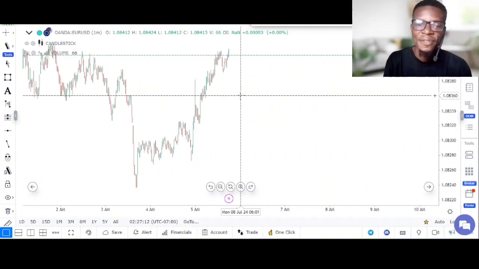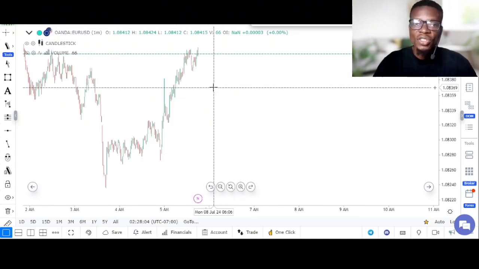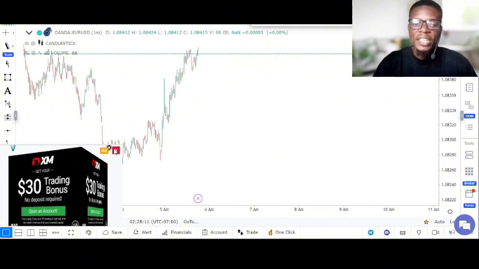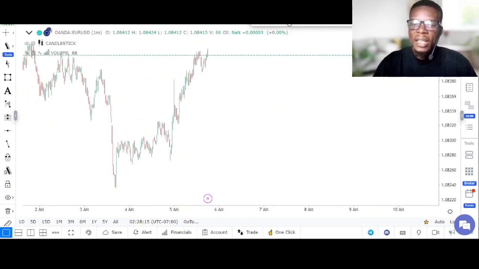So how do we identify a range? We can identify a range if we spot that the price is consistently hitting a certain area multiple times in the market and the buyers are not moving it, the sellers are not moving it. The strategy is pretty much the same. You are just simply going to be waiting for a breakout when you identify those strong zones that the price is testing multiple times. So with this example, you can see that the price has,